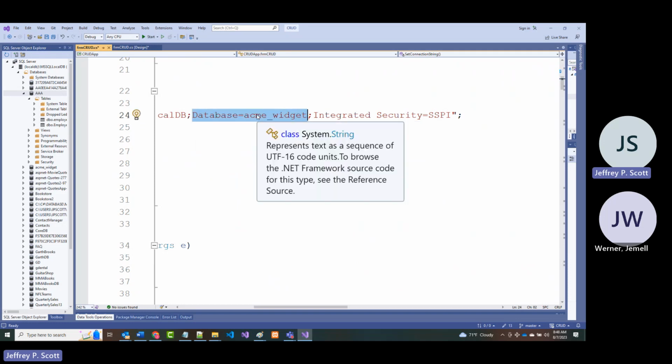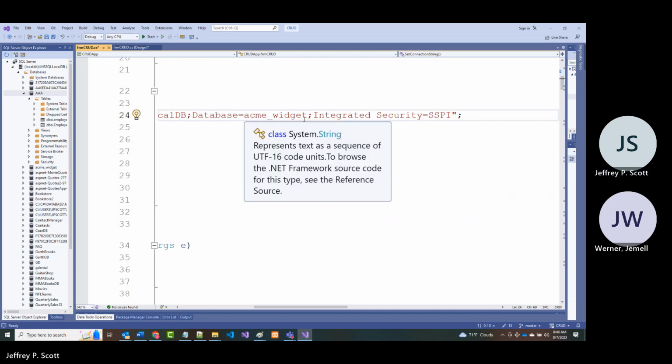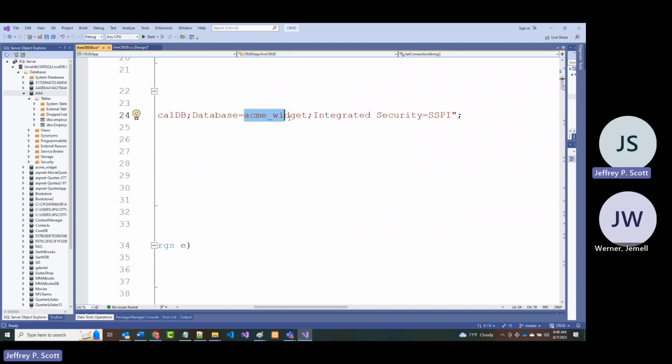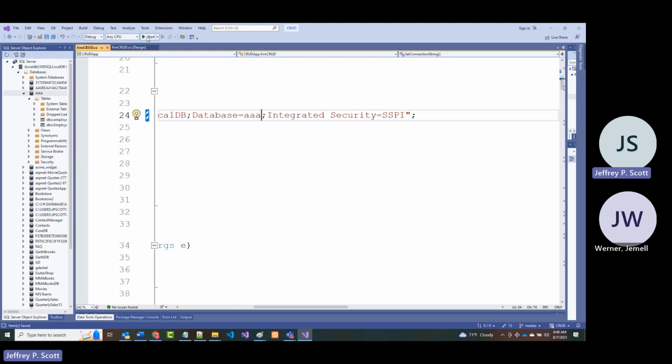So if I were to change this right now from Acme widget to AAA, and I don't think it'll hurt anything to do this, we'll find out in a minute. All right, but I'm going to change it to AAA. Doesn't matter. I don't think that's case sensitive. All right, but if I do a file save all on here and I run the program again,